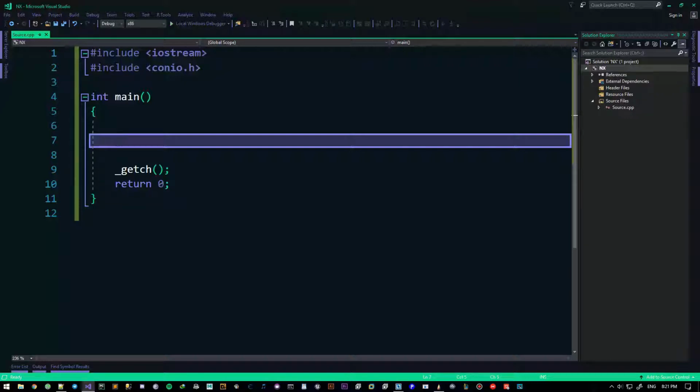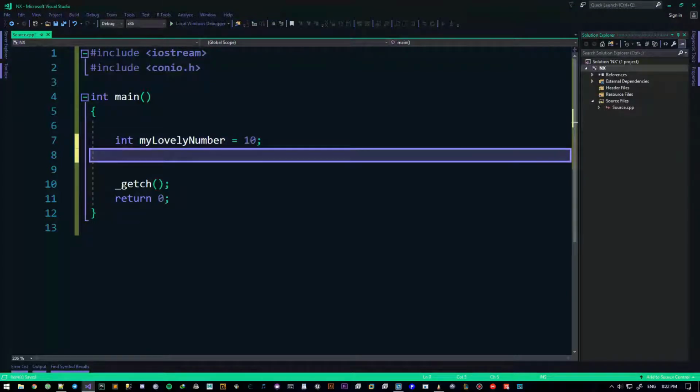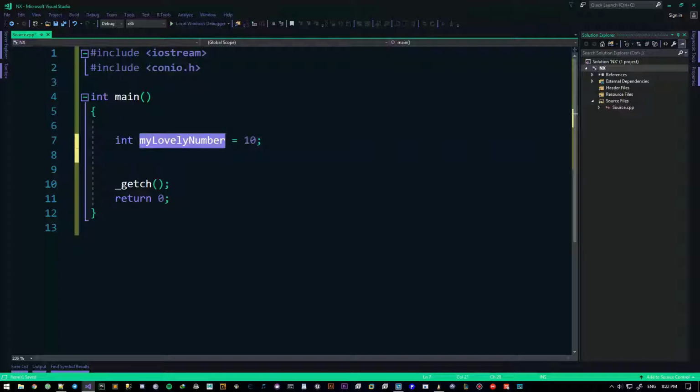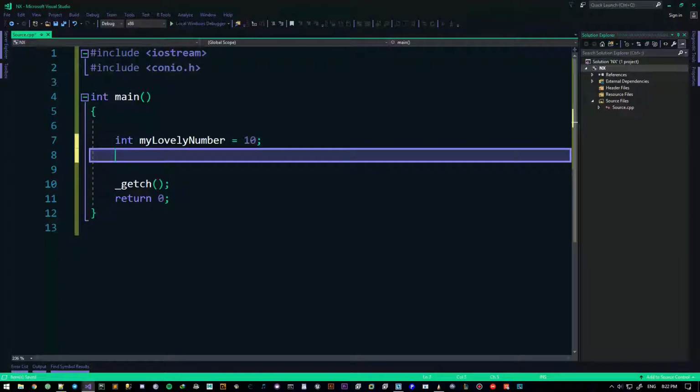So let's say I have a variable called my lovely number, which is equal to 10. Now I want to create a pointer, a bigger box to hold this smaller box inside itself. The way you do that is you add a star. My lovely box, which holds my lovely number.